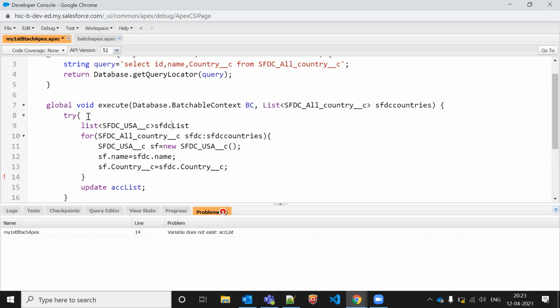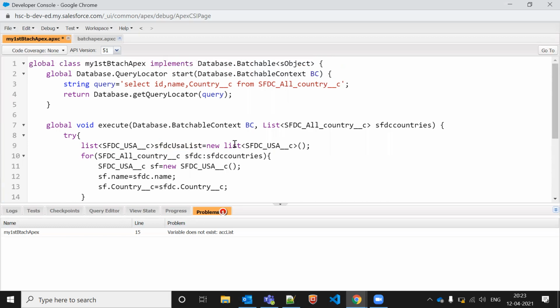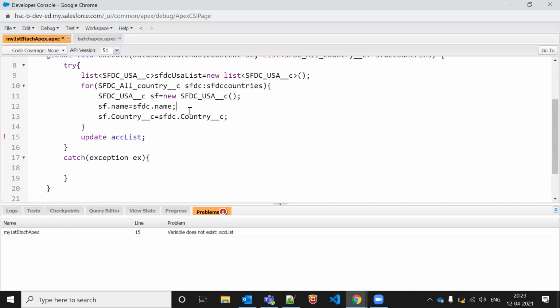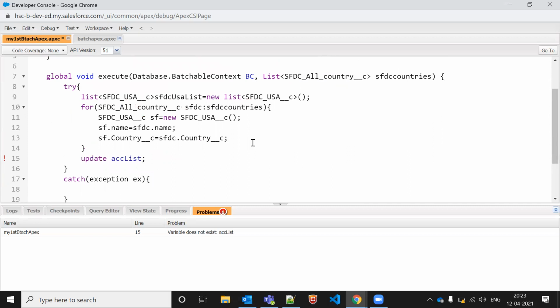So let's create a USC list. Why are we creating it? Because if you want to insert a number of records, then we can insert the full records at a time. We need two lists, one for USA and one for India. Right now we are just taking the example of one country.